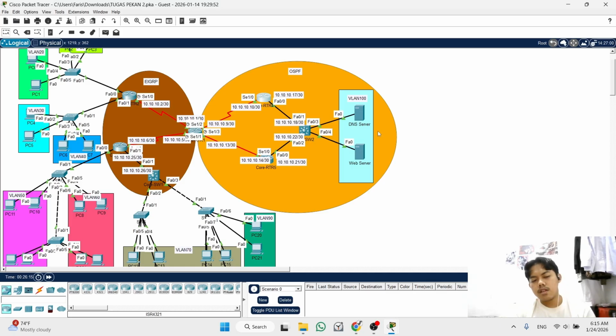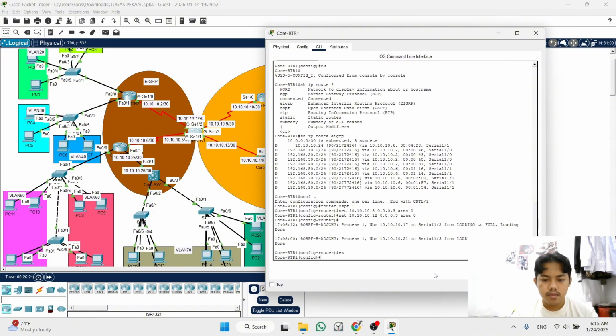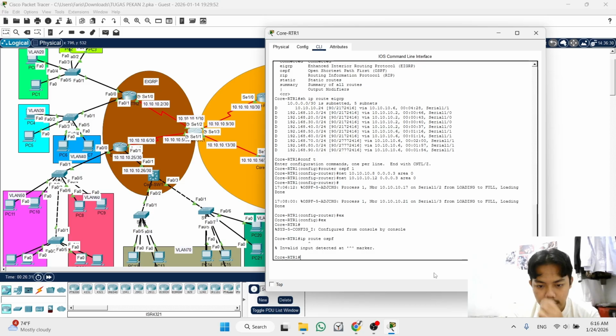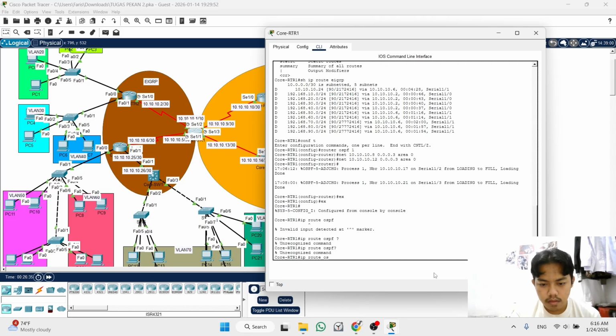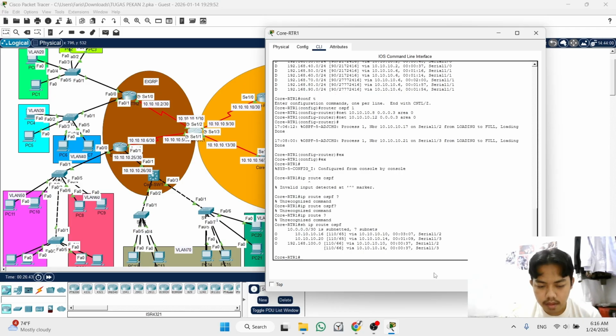Okay, it was done. Now I will check the routing table. Show IP route OSPF.